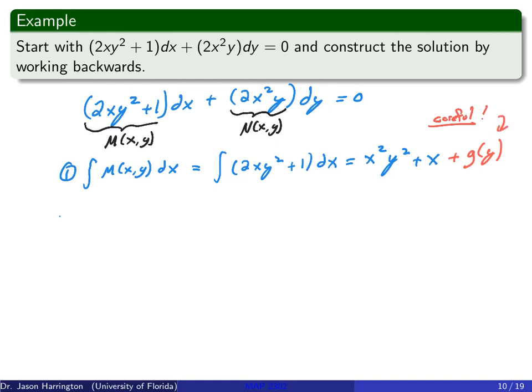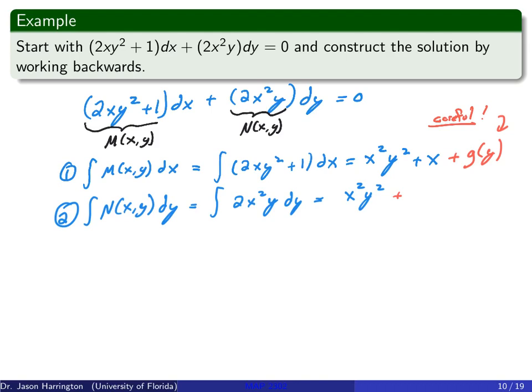Now the second term I'm going to do, I integrate N of xy, and I do the same thing, with respect to y. So that's going to turn into the integral of 2x²y dy, and that's just going to turn into x²y². And just like before, because I'm integrating with respect to y, any function of x has the derivative of 0. So that's going to work out. So I have